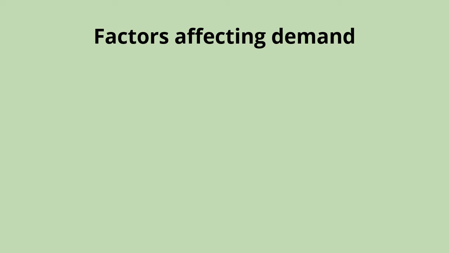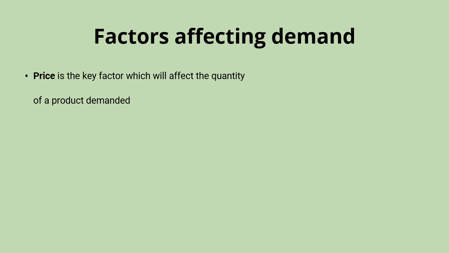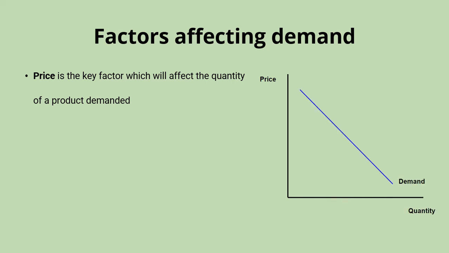Now, out of all of the different possible factors to affect demand, we've left price until last because it is actually the central factor which determines the quantity of a product that will be demanded. And that makes it different to the other ones because it sits on one of the axes when we actually plot the diagram showing what's called the demand curve. So price goes on the y-axis of this diagram, quantity goes onto the x-axis, and then we have the demand curve, which shows how much will be demanded at each individual price.